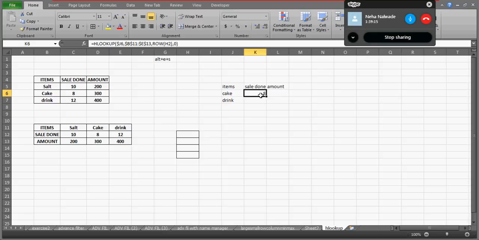And if I drag this formula in this direction, then what will happen? Will I be getting the correct value or not? Because row H2 will give you what? 2, right? So that's fine. The next item is amount. You need 3. So if you drag this,